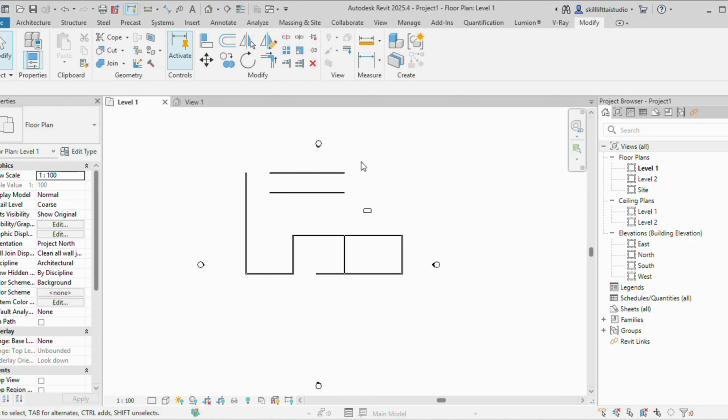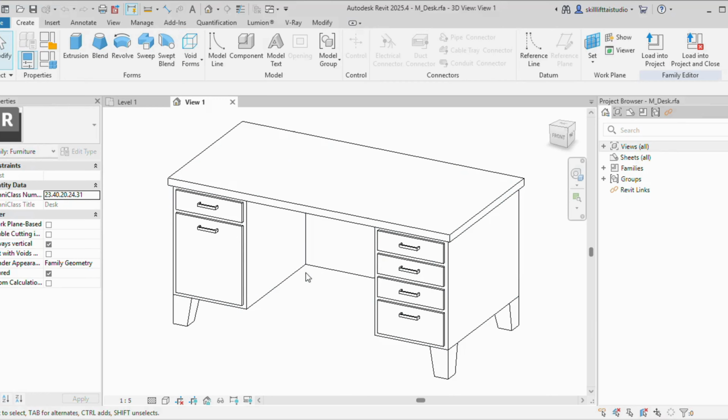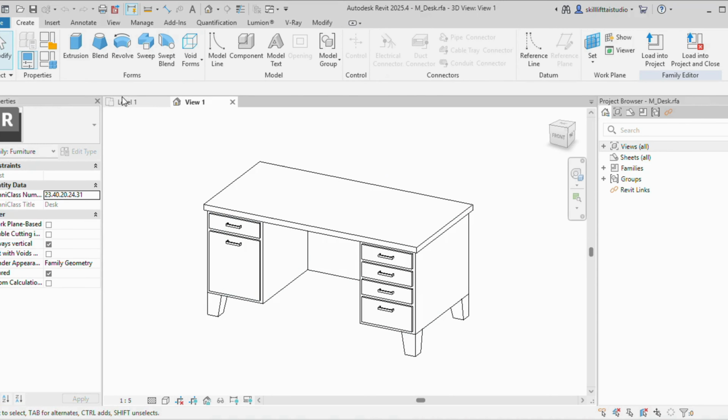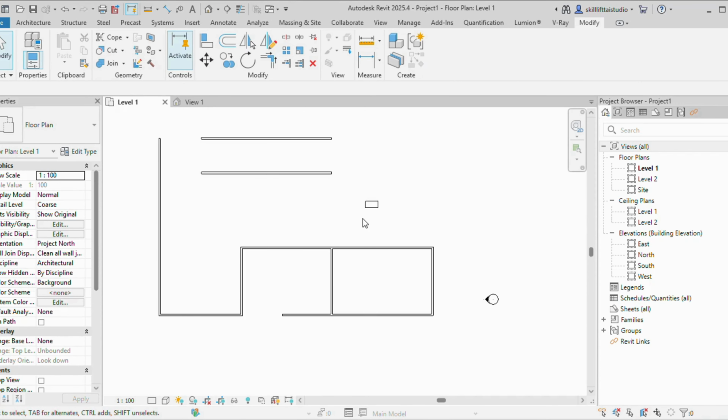On the screen, we can see there are few elements and components. This is in the plan view. These are the walls and this is the table in here. If I click on it, I can see a 3D model of a table, but in my plan view it looks just like a rectangle. So if I want to move the table using the move tool or the command, I can do it by directly